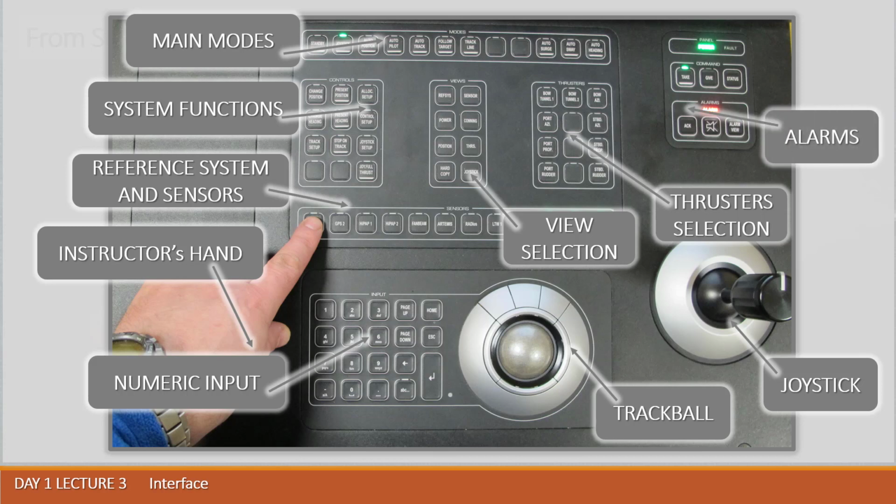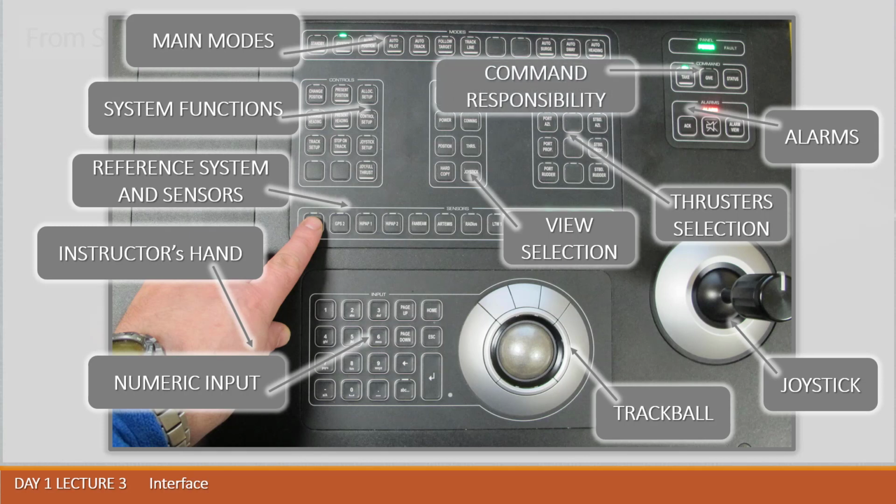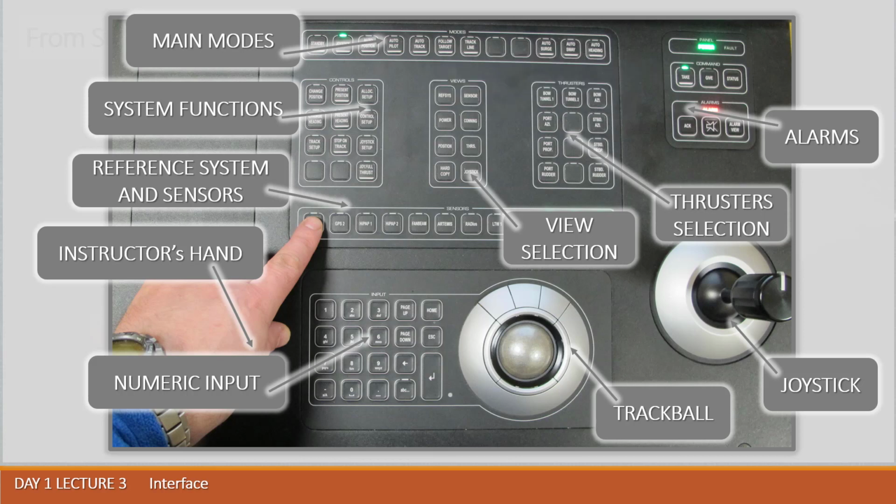When you operate on board of a DP vessel class 2 or 3, you should remember that the command responsibility set of buttons is very important for you. With the take button, you determine which panel you are going to use for further station keeping. Also, with the give button, you may send control to the desired terminal. On the panel where you have present control, you press the give button. On the panel where you would like to take control, you press the take button.